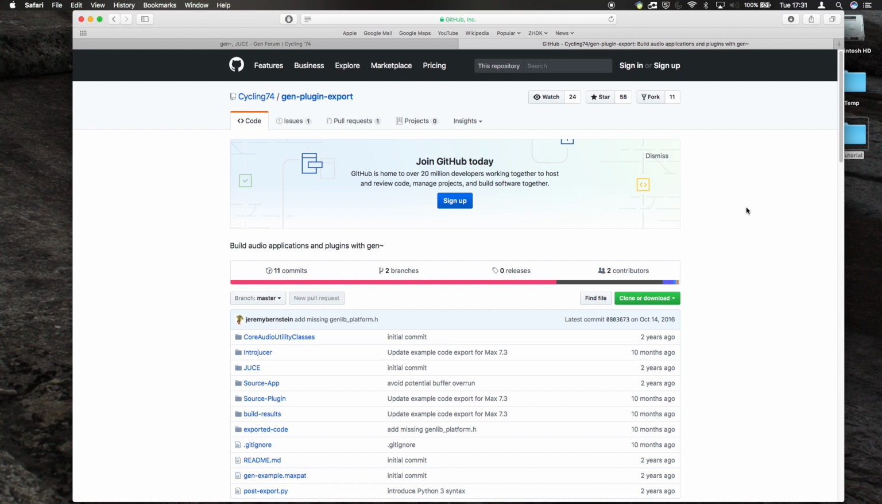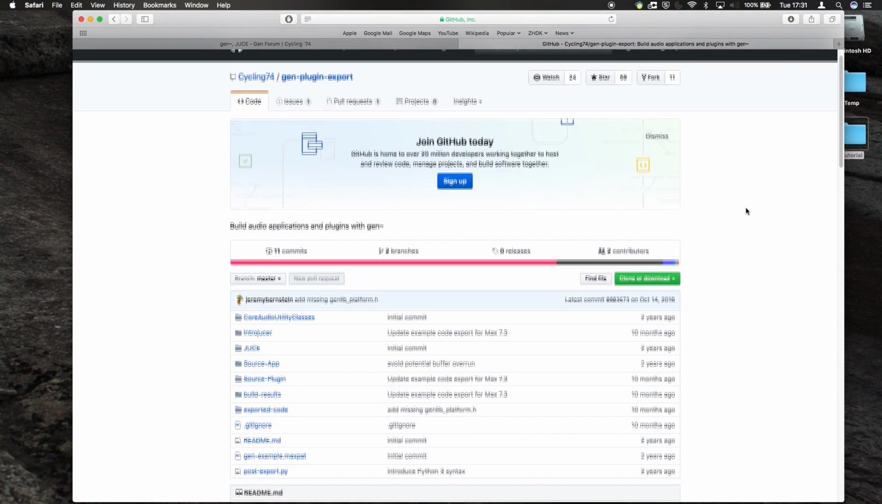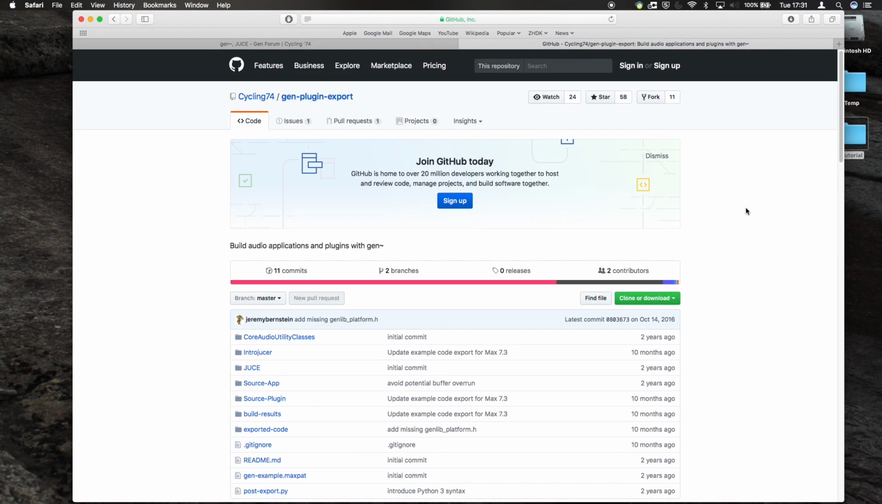I'm doing it because it would have helped me, and I'm a big Max fan, as all of us. As you probably all wish, we all wish that we could turn our Max patches into fully grown plugins sometimes, which is only possible in Ableton Live. But